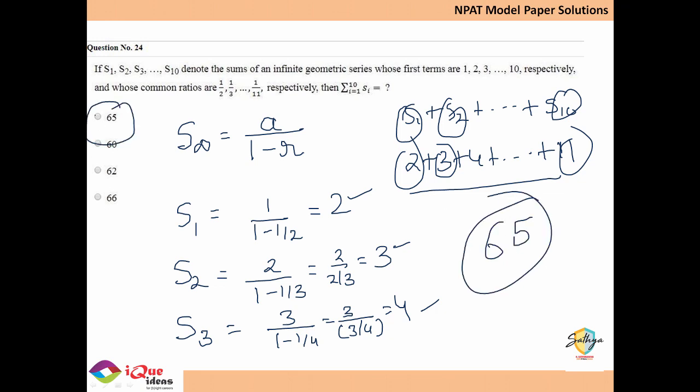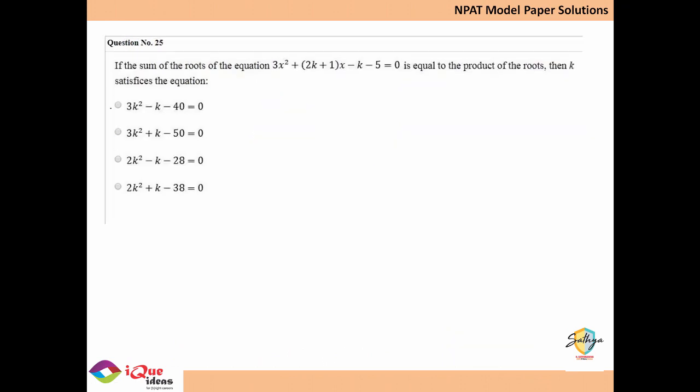So 65 is the right answer to this particular example. It looks complicated, but it's actually a very easy example to solve. Okay, now here it's given that the sum of the roots of the equation is equal to the product of